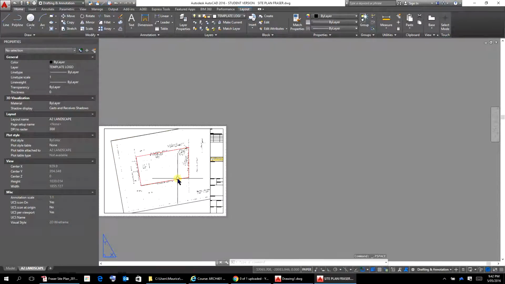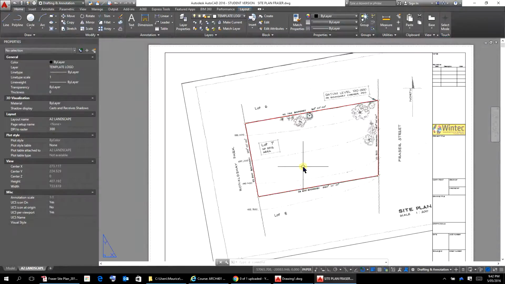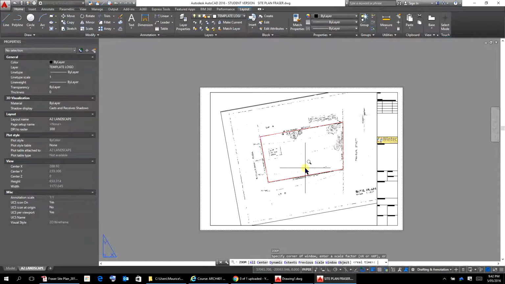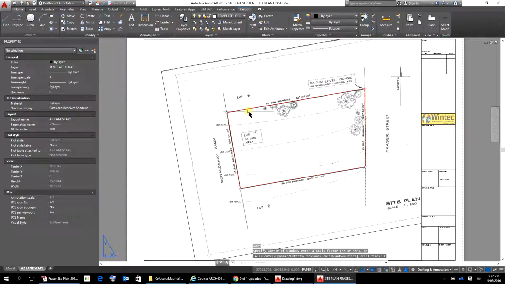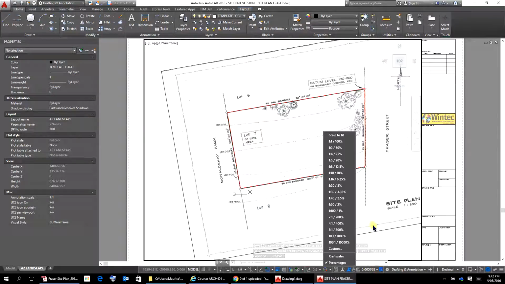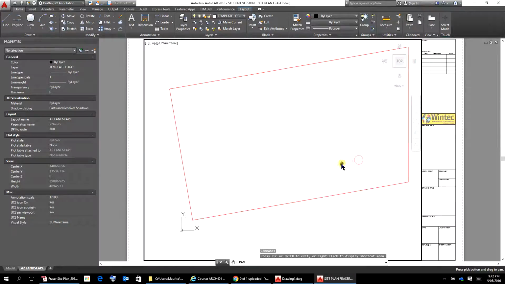So I'm just going to go to paper space there, just make that a little bit bigger. All right, so in paper space, of course, we can just go Z, enter, E, enter, and that fits everything there. So now our production scale that we want the plan to be at is 1 to 100. So I'm just going to go in here and select our 1 to 100, which should be 1%, and that's our actual scale there. And then I can grab our little hand and place our